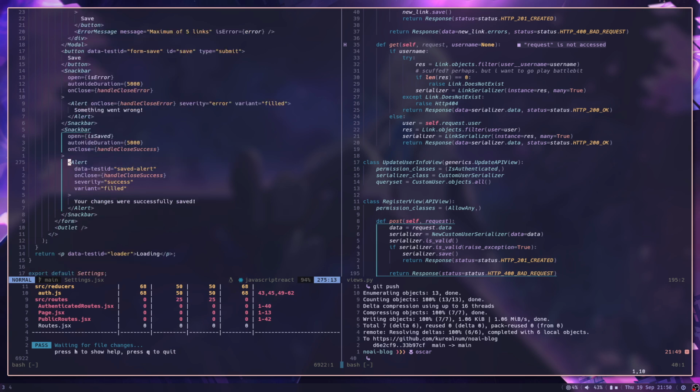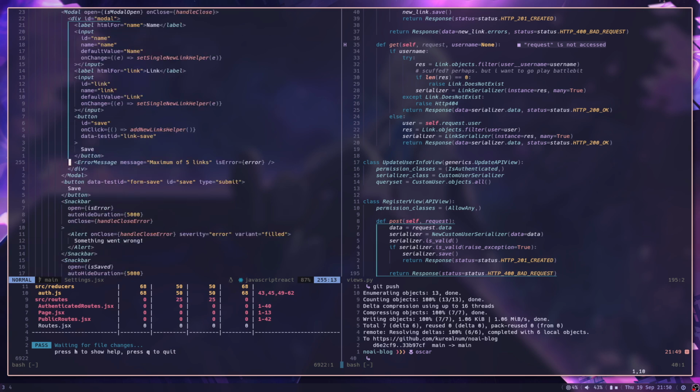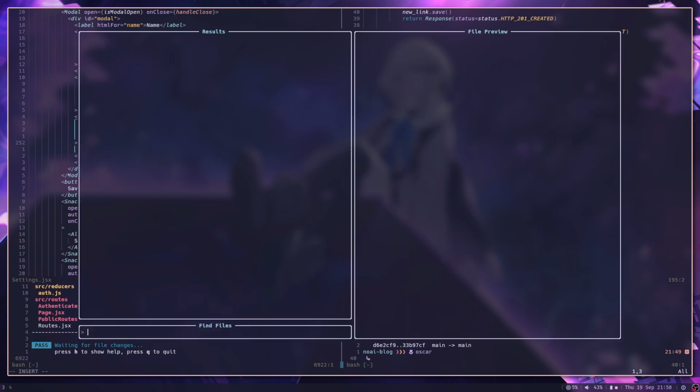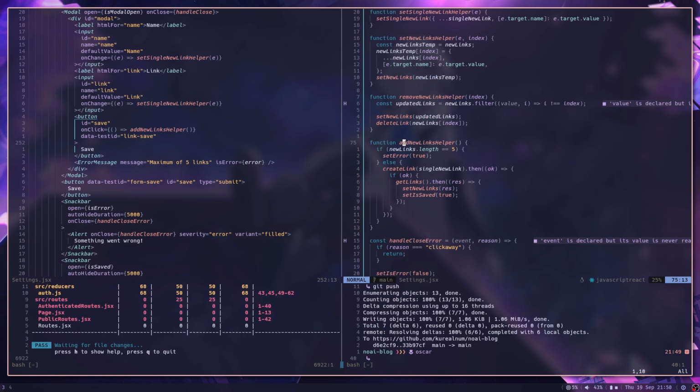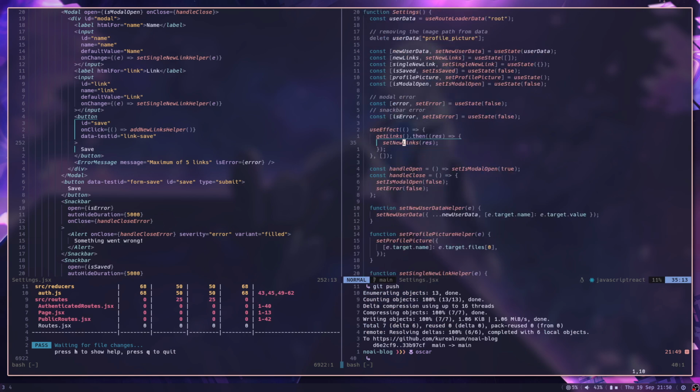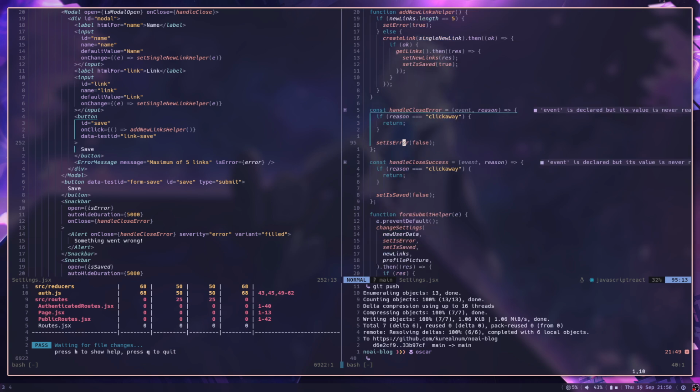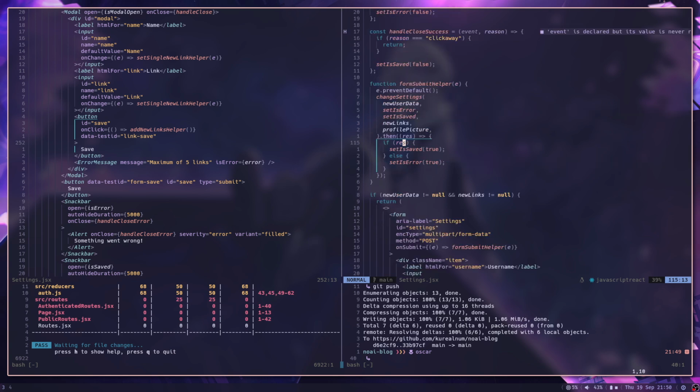ideally I want to render an error on the modal. So right here when an error occurs. Okay, so I'm actually gonna open settings.jsx in both panes because it's such a big file. I think I already have a component for doing little errors like this. So I think I can go here